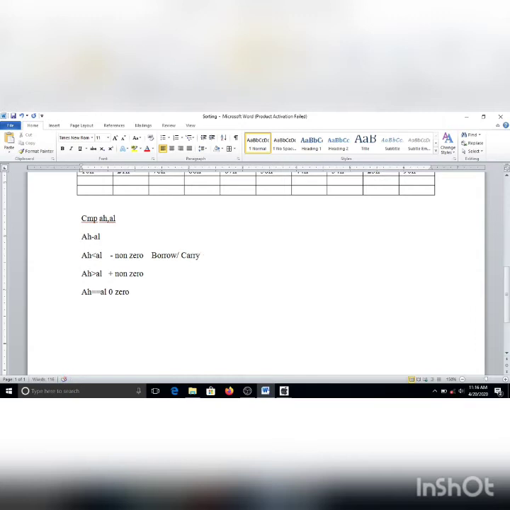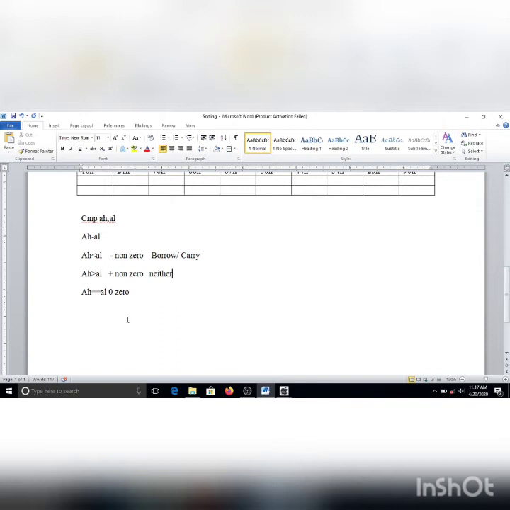So this is a carry. In case of positive, if neither flag is set, then we can conclude there is no problem regarding the subtraction, and AH is greater than AL.